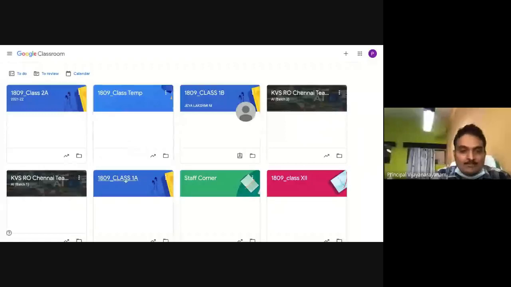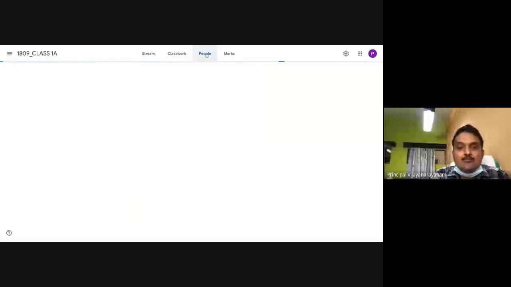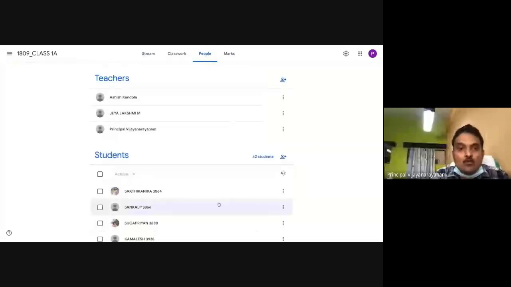This child in class 1A will also be available in class 2A once he joins. So after returning all the work from the old class, the students as well as the teachers should be removed from this particular class.